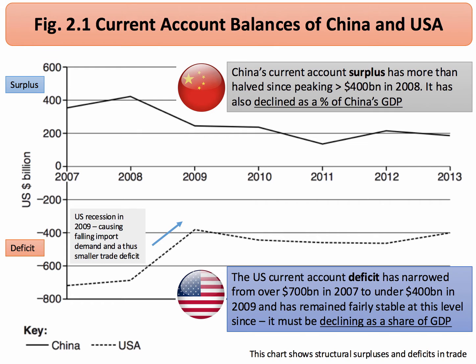Figure 2.1 in the extract 2 is about the current account balances of China and the United States. And of course the big story here is the structural trade imbalances between these two huge countries. China has a persistent current account surplus. Of course the current account surplus has fallen since 2008, fallen from more than 400 billion to just under 200